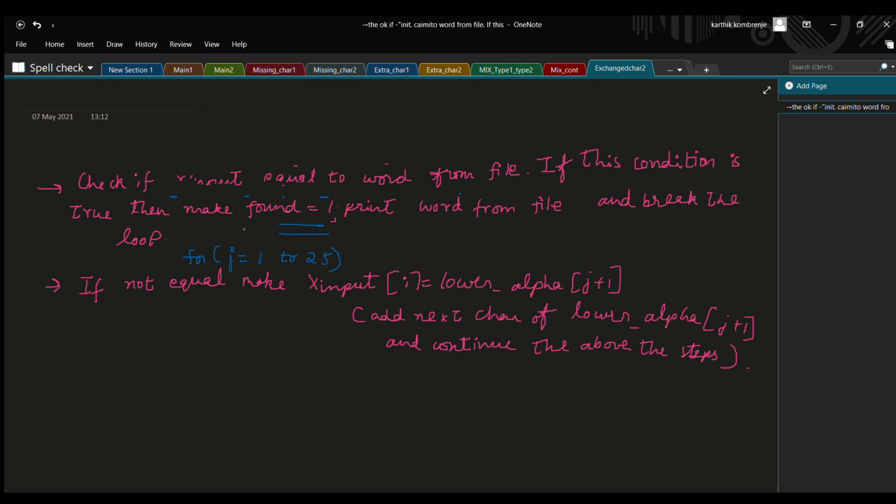Suppose if it is not present, then I will run another for loop within the for loop, where I will make j equal to 1 to 25, where I will put x_input of i equal to lower_alpha. Lower_alpha means what? It will contain all the letters A, B, C, D, and so on up to Z, as I told you before.